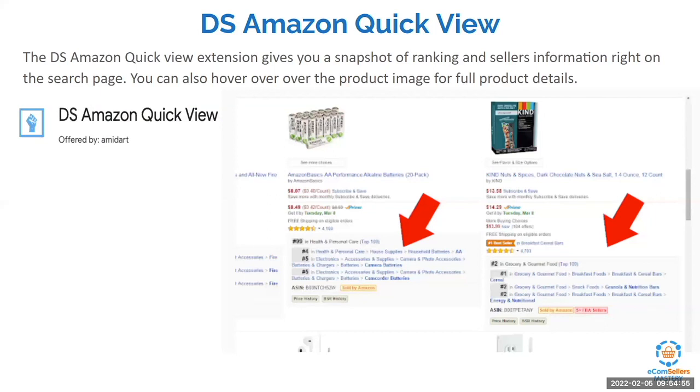Another tool that could help you, based on what type of store you have and how you plan on doing marketing of the products that you happen to be selling, is another Amazon tool. It is DS Quick View. And it's going to give you some information about the ranking of a particular item. Could I get this from Google searches? Yeah, I can get this from Google. I can go directly to Amazon and look up a couple of these things. So you can use a tool like this to help you make data-driven decisions